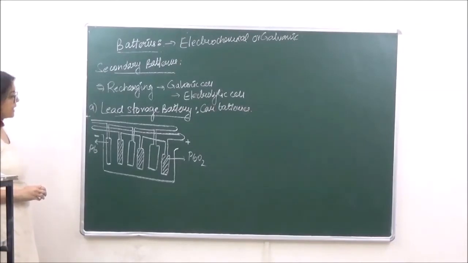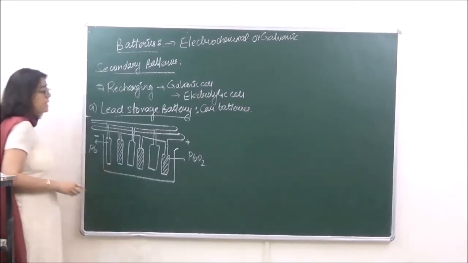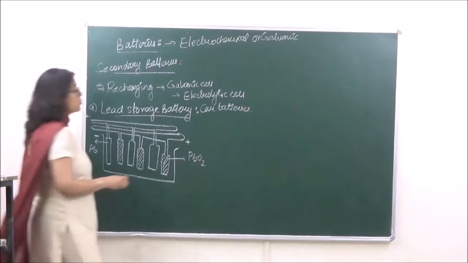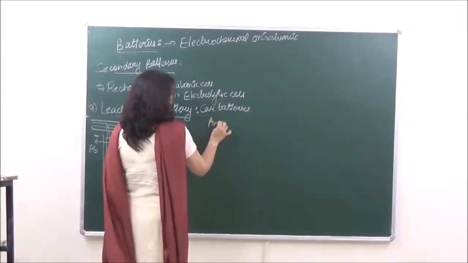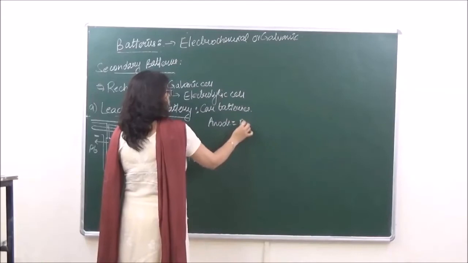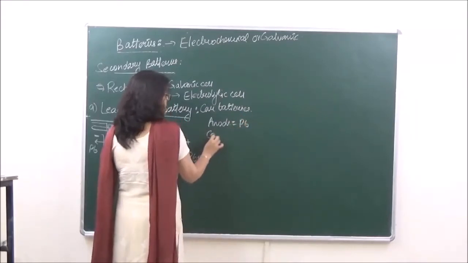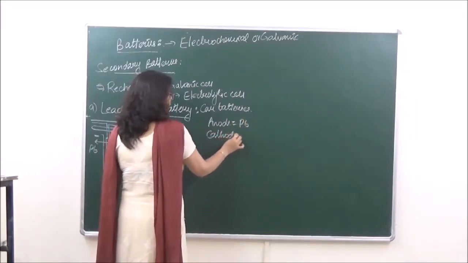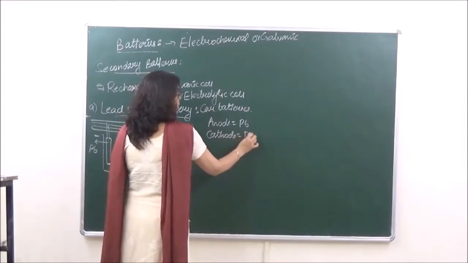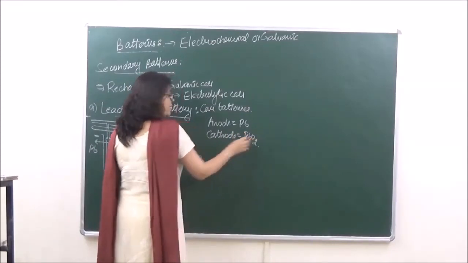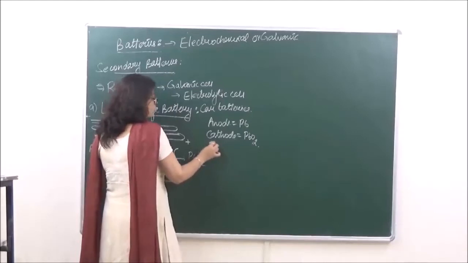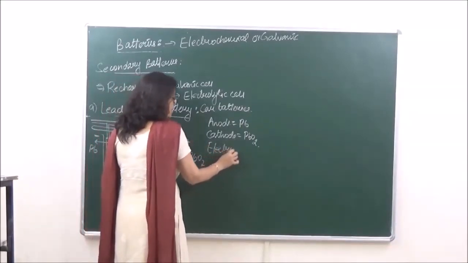Before looking at the reactions of both, the anode is made up of lead plates, the cathode is made up of lead dioxide, and the electrolyte which we take over here